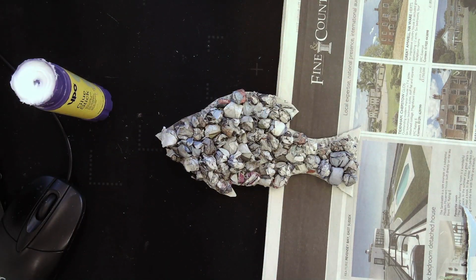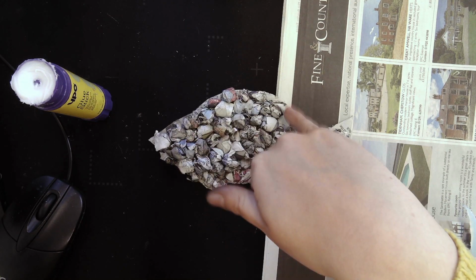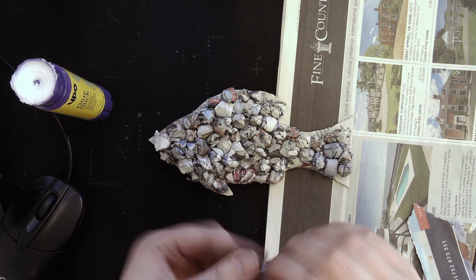So as you can see, I've filled up the main part of the body of the fish. Now, there's a few areas where they're a bit smaller, so here at the end of the fins and just this part here, a little bit around the face. What I'm going to do there is I'm going to do tiny little,